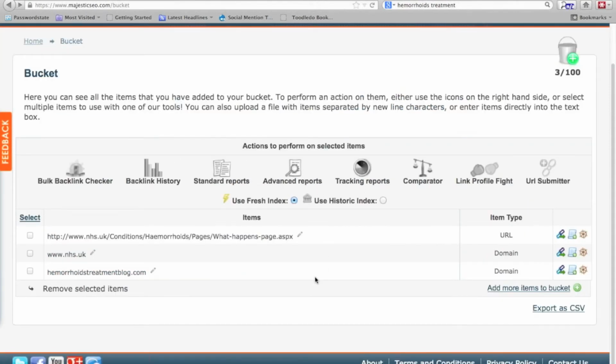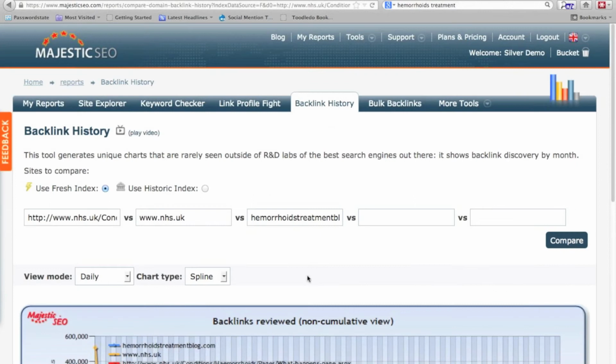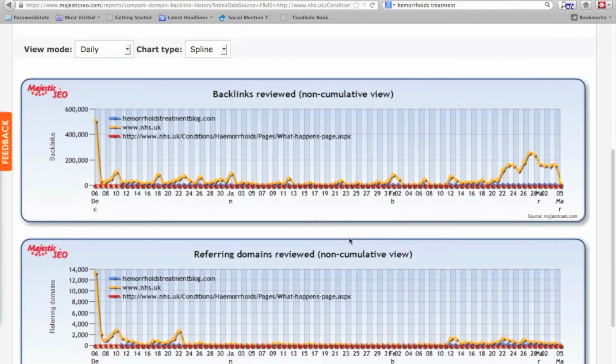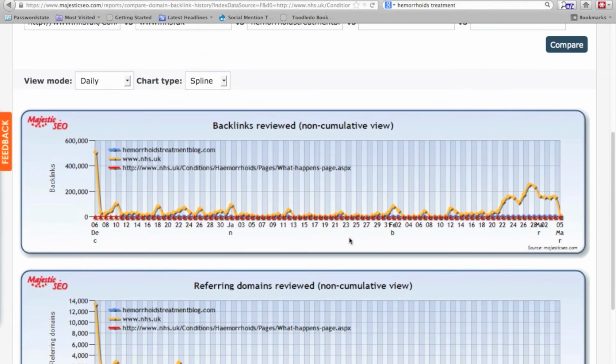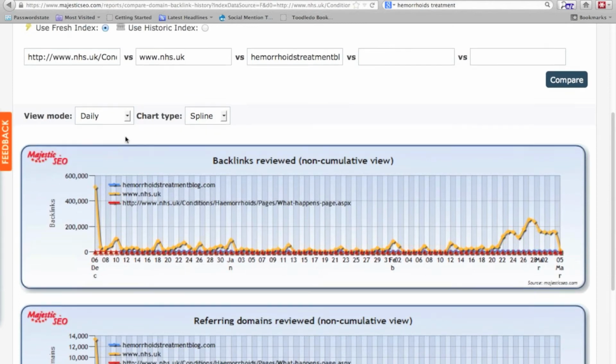Another tool that we've got that I think is probably the most popular tool that people have is this one, which is our Site Explorer tool. This message is coming up here just to warn me that I've got a URL and a domain at the same time. The backlink history tool checks domains only and will show you how those links have happened over time. So here we've got all of the link acquisitions over time, and we're going to have one big site and one small site. So on this particular example, the NHS is just going to kill everything. So if I start putting this information into a cumulative mode,